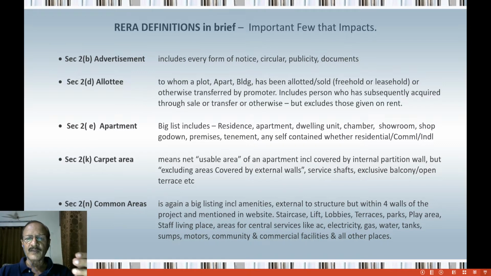Why? Because the developer is bound by certain obligations to the unit, not to the person. Earlier it was the person. The builder would say, that person has gone, this is a new person, I don't know, you know your old person. That thing doesn't work anymore. So the RERA is very clear. The builder's obligation is with the unit. So today A has come and booked the apartment, he sells it to B, B comes in, then he sells it to C. As long as B is there, builder is obliged to B. As long as C is there, builder is obliged to C. And when A is there, he is obliged to A also. Clear?